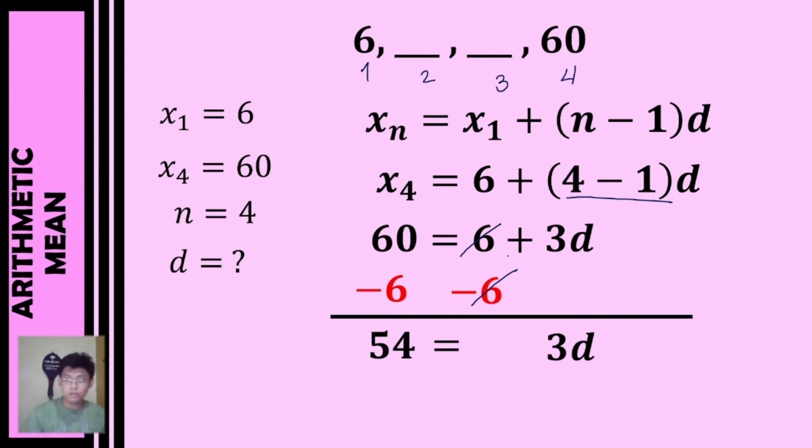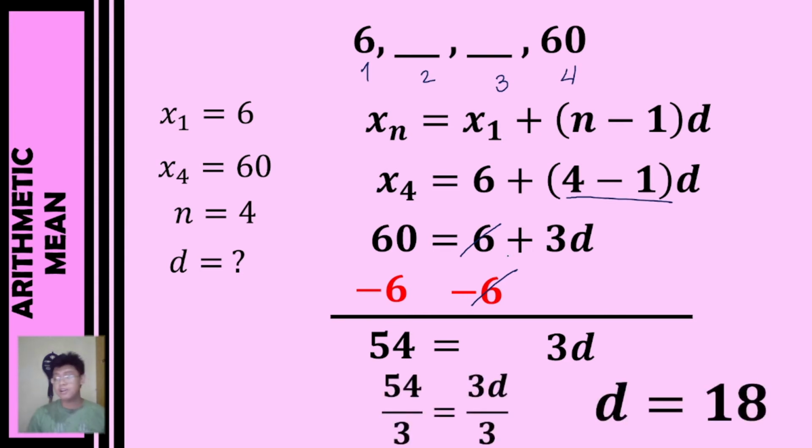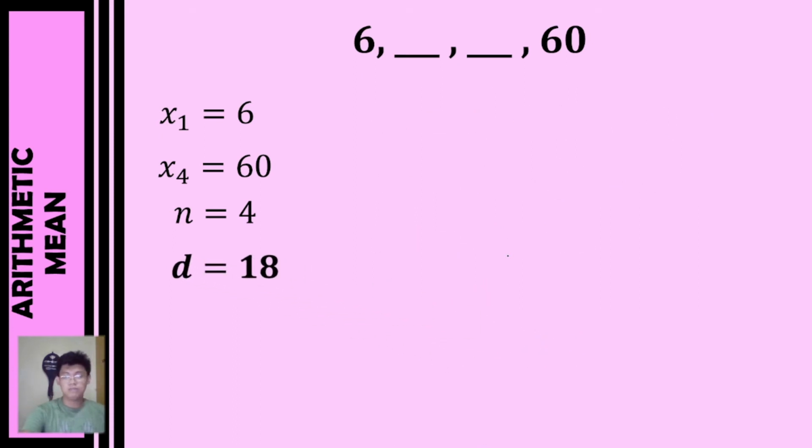Now, in order for us to solve d, we divide both sides by 3. So, dividing both sides by 3, it will give us d is equal to 18. That will be our common difference. So, to get our missing terms in this arithmetic sequence, we will just add 18 to our first term and